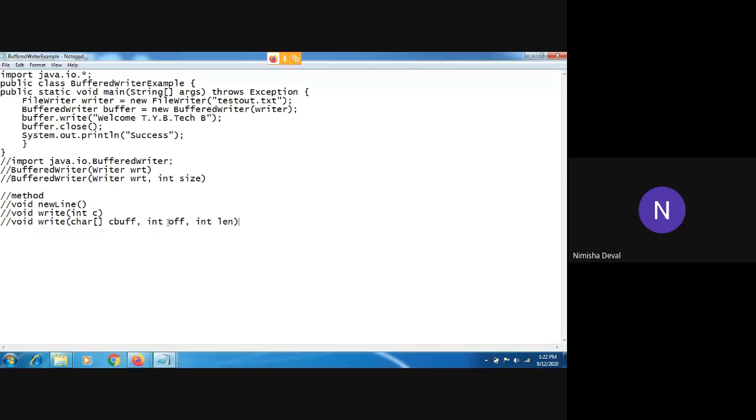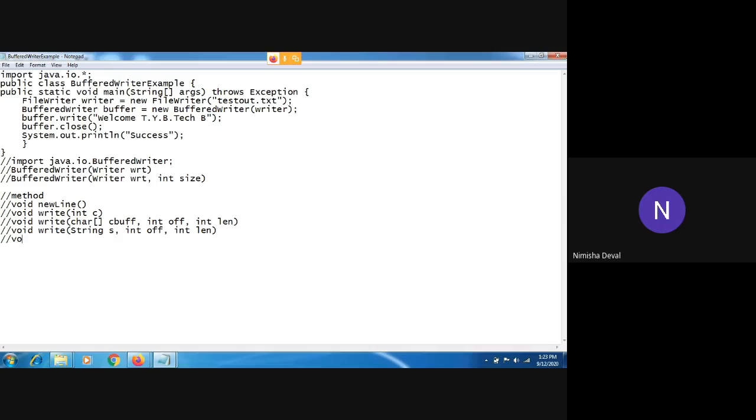Okay, next. Another method is write for a string. Right now we have used the character array. You can write the string, suppose s, from the user. This is one more method. It will write a particular portion of that string.